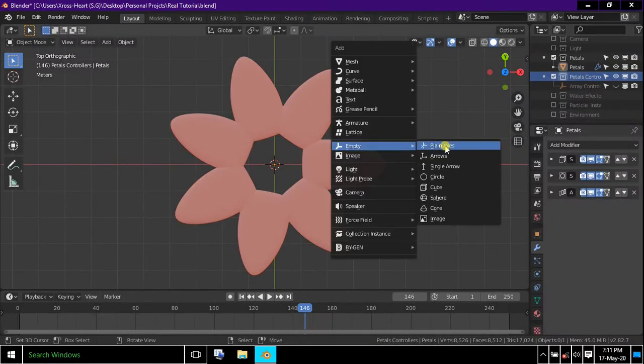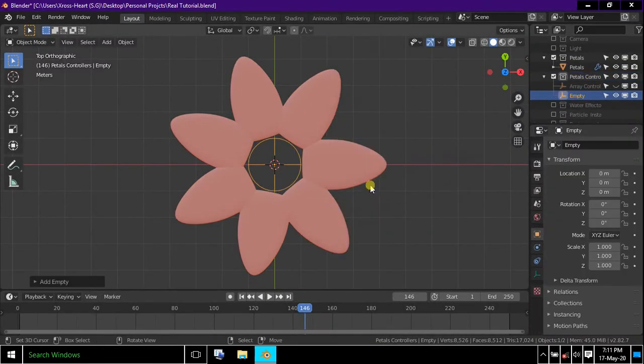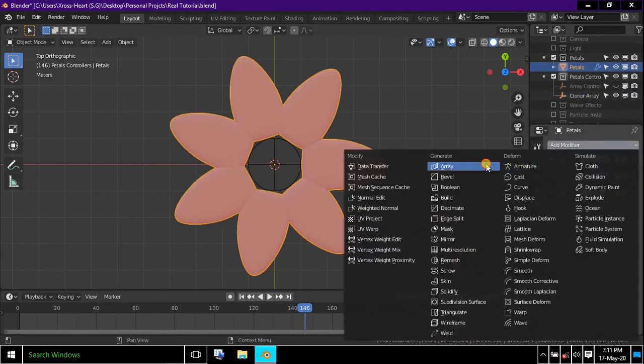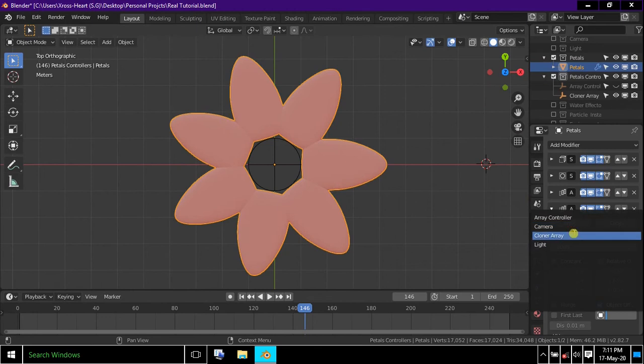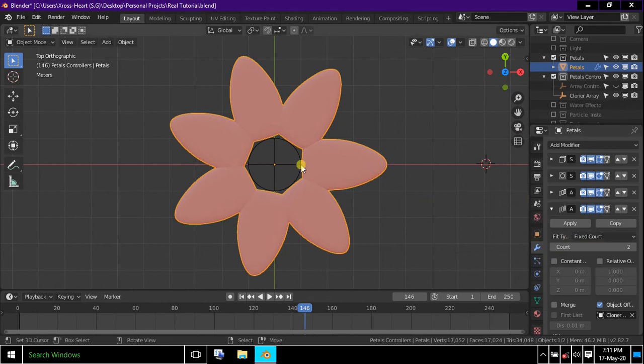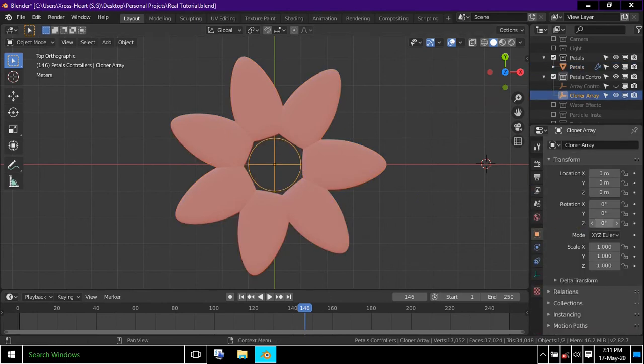Create a new empty, go to the pedal collection and rename it to Cloner Array. Go to Modifier Stack, create a new array modifier, uncheck the relative offset, check Object Offset and select the Cloner